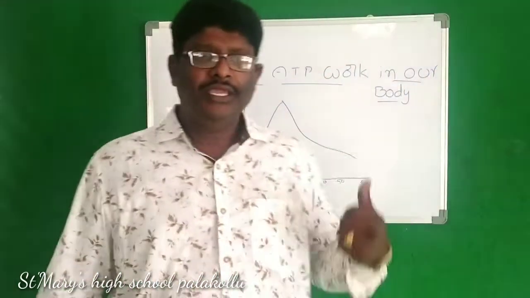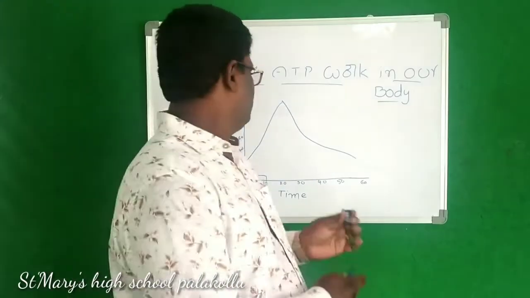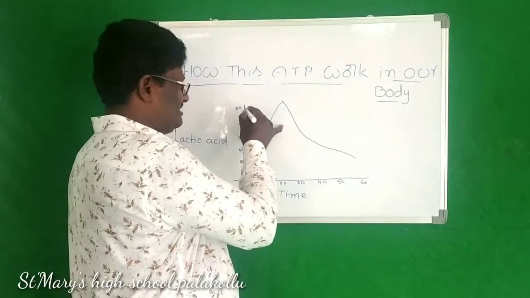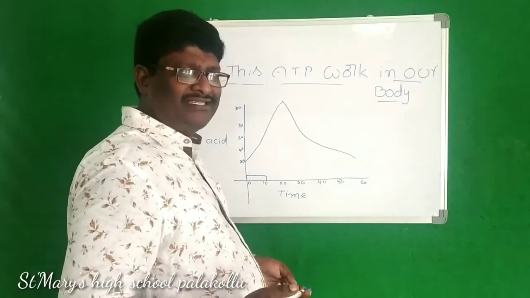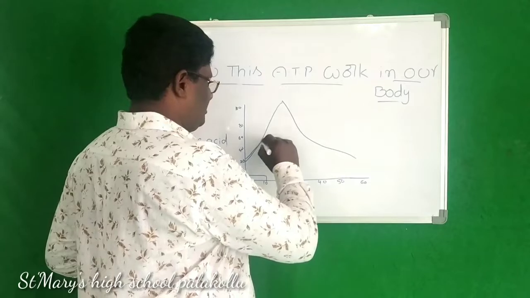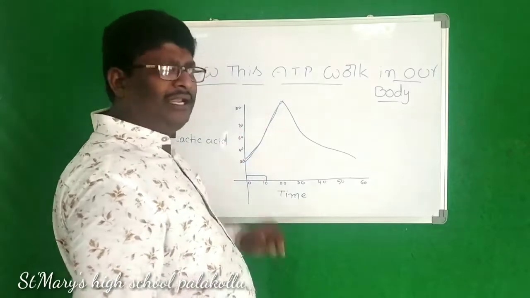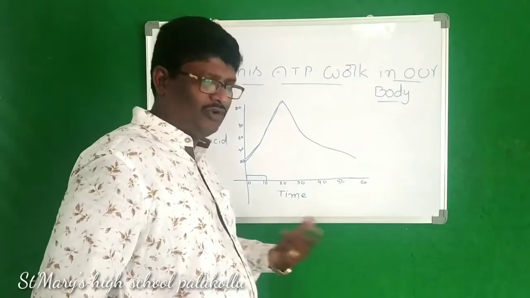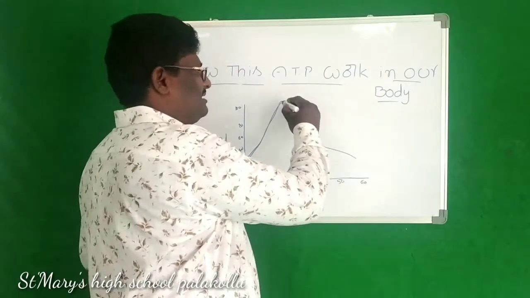Okay now. So here, if you see the graph, this is the timeline. This is the formation of lactic acid. When we are doing nearly 10 minutes of exercise, see the formation of lactic acid, it goes up. Okay. After 10 minutes, it means our work is complete, after our work, running or walking, exercise, whatever it may be. Then the lactic acid goes down.